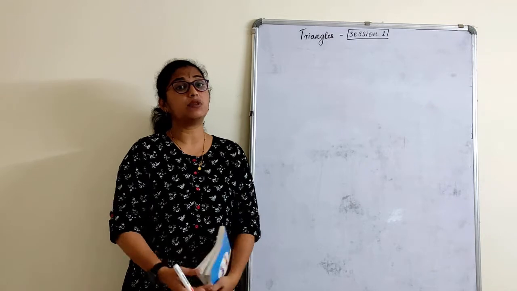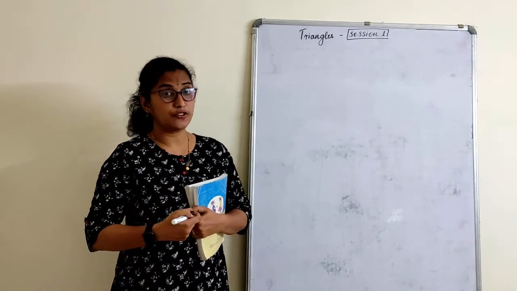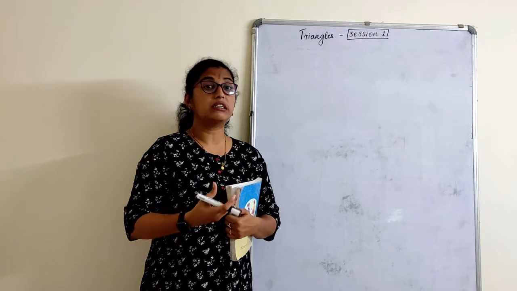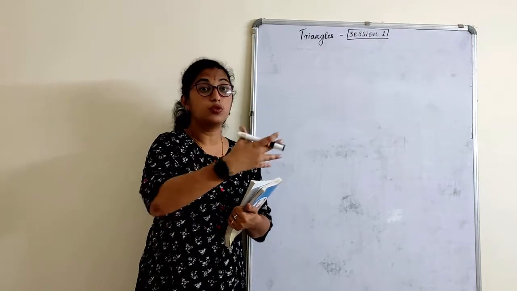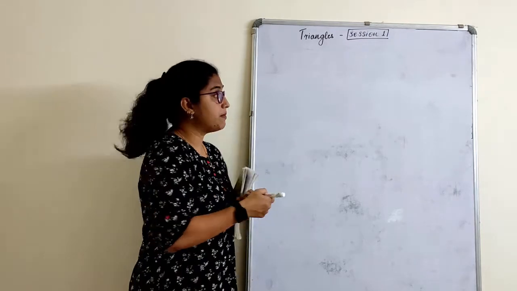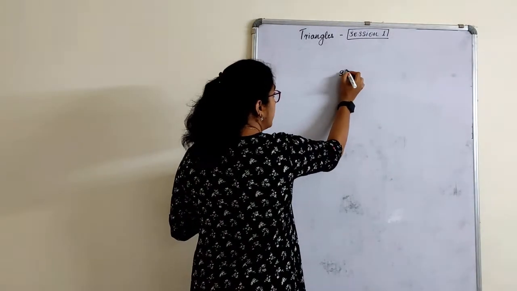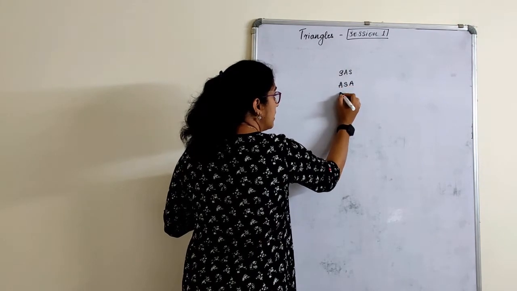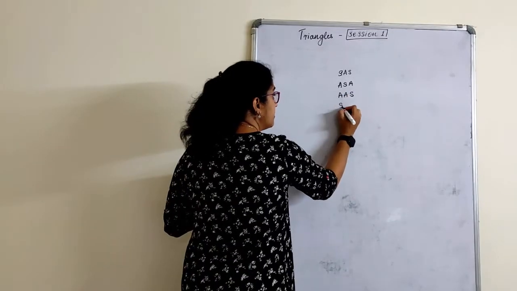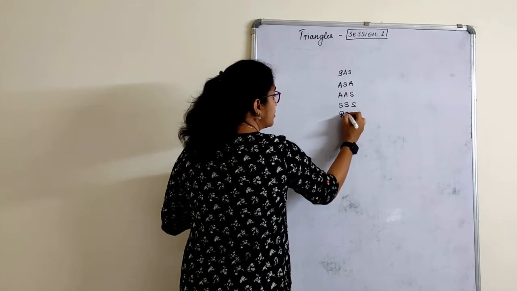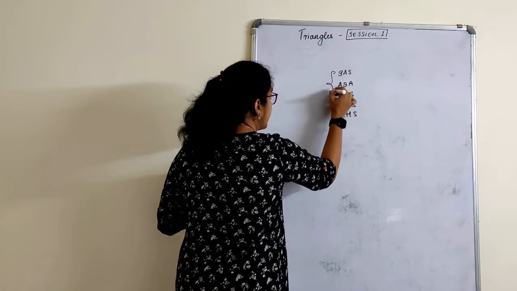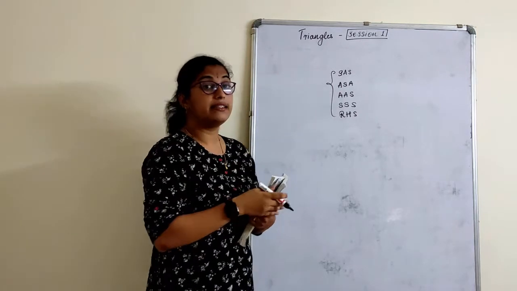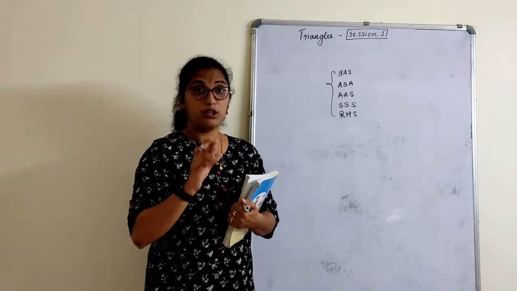So in standard 9 you studied about congruency of triangles, that is, two triangles are said to be congruent if they follow certain criteria, or you can say some rules for congruency. That was about side, angle, side criteria, angle, side, angle, angle, angle, side, 3 sides, and right angle, hypotenuse and side. Using these few criteria, you prove the triangles are congruent.